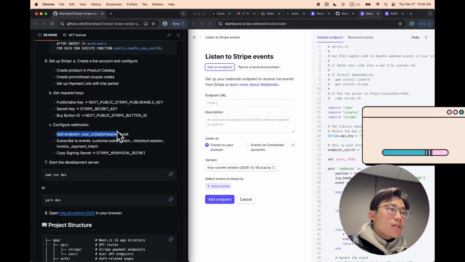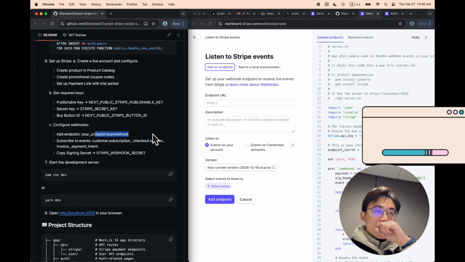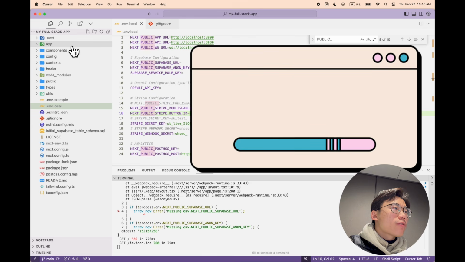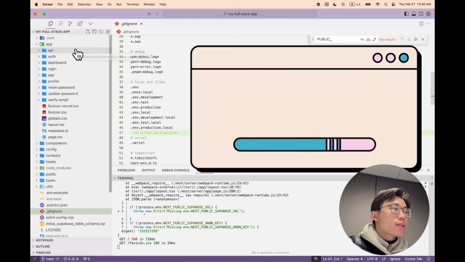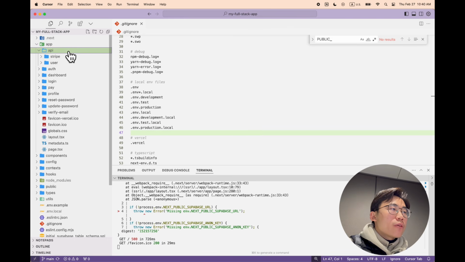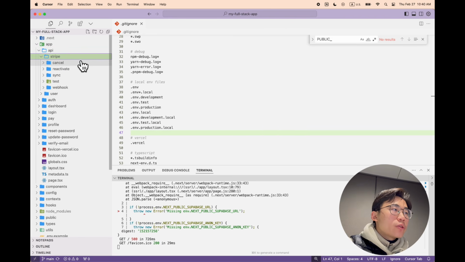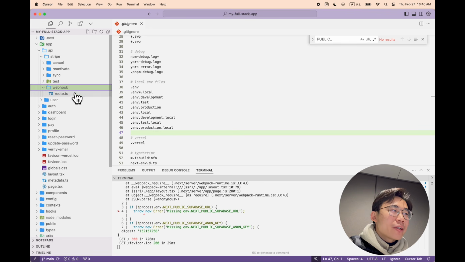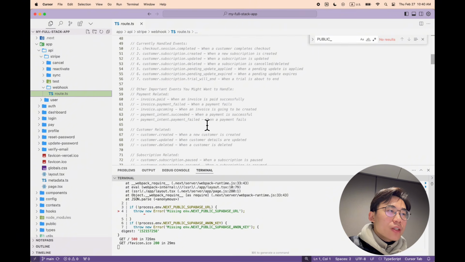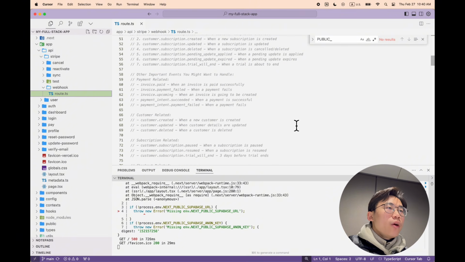So right now, the first thing is you're gonna add this endpoint with the URL /API/Stripe/webhook. Excuse me. This URL comes from how we define Stripe right here. I'm gonna close this for now. Within the app folder, there's an API folder, and there's a Stripe folder, and there's a webhook folder, and then there's a route.ts. All right. Your Stripe is looking for this link. And what does this link do, right? What it does